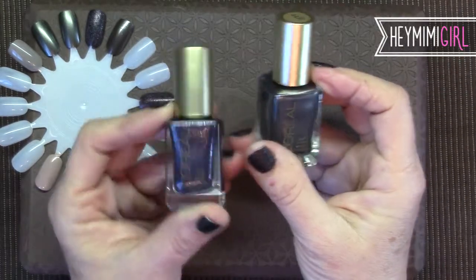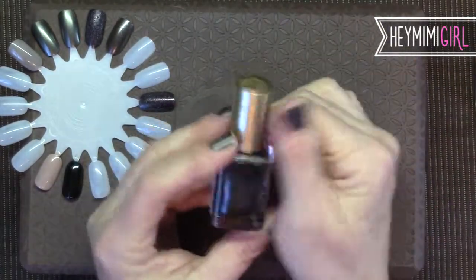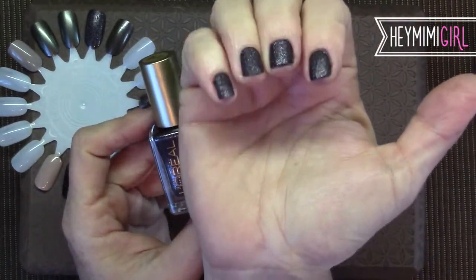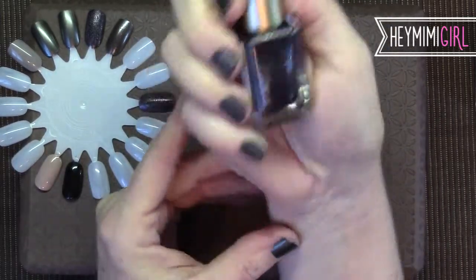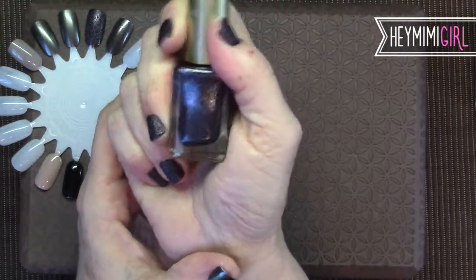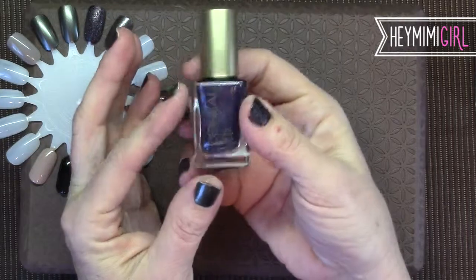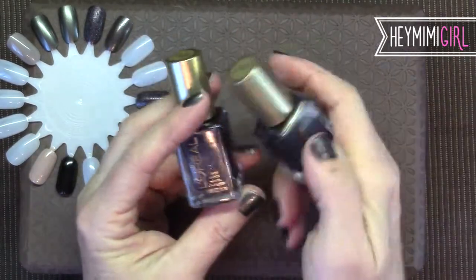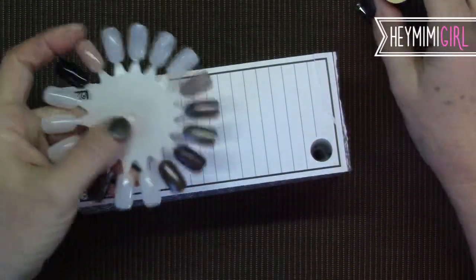So I had no way of knowing that this was a textured polish, and that's my real beef with this. Actually, it's kind of neat. It looks like sparkly lava rock, and I think that's kind of cool. However, if you don't know you're buying sparkly lava rock matte textured nail polish, it's really kind of unfair to the customer not to put any kind of indication on the bottle. There's nothing on here that says it's any different from any of the other polishes. It gets more interesting with each coat,